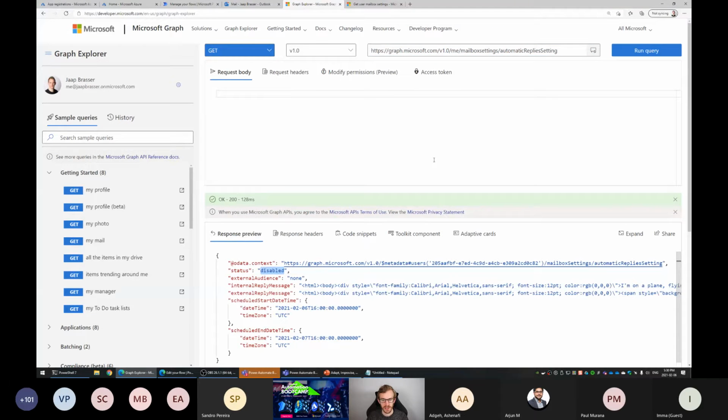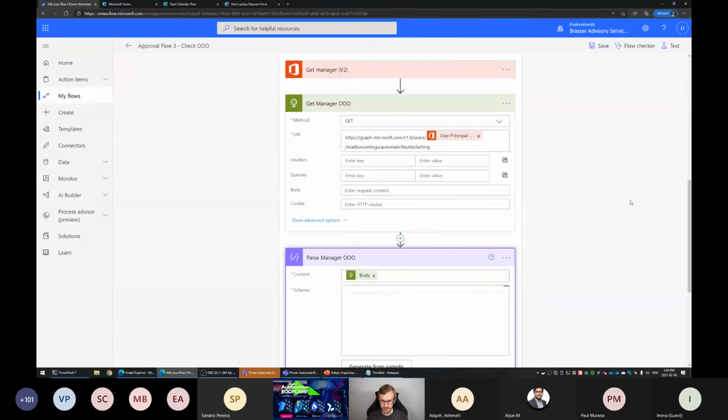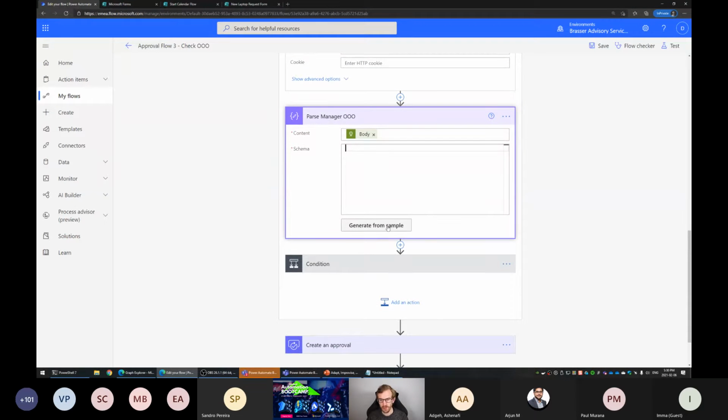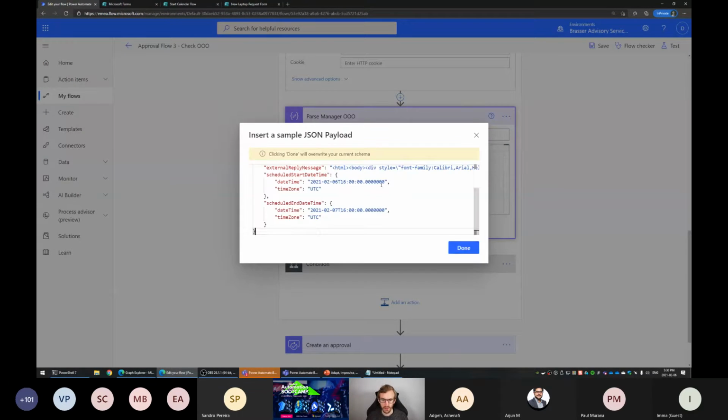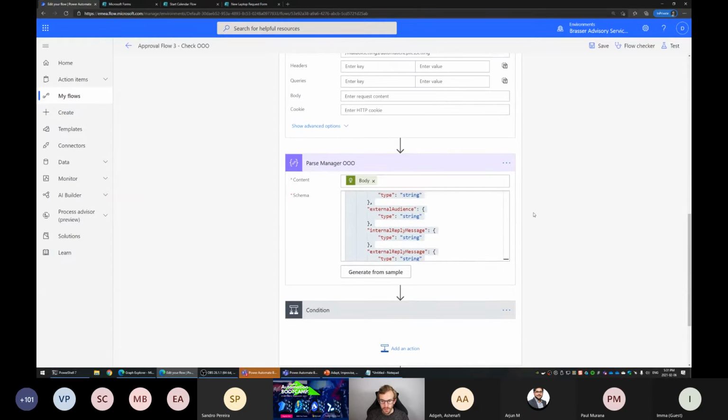So we can now see that the status is disabled. And we can see that this field is also called status. So I'm just going to take the entire output we have here. I'm going to get rid of this. And then what we want to do is go to generate from sample. We go in here, put a JSON payload here, and we can see that it fills it out with all the information. One of the things to keep in mind is that